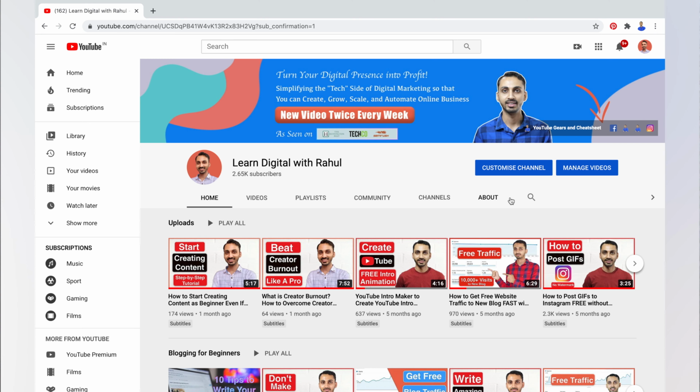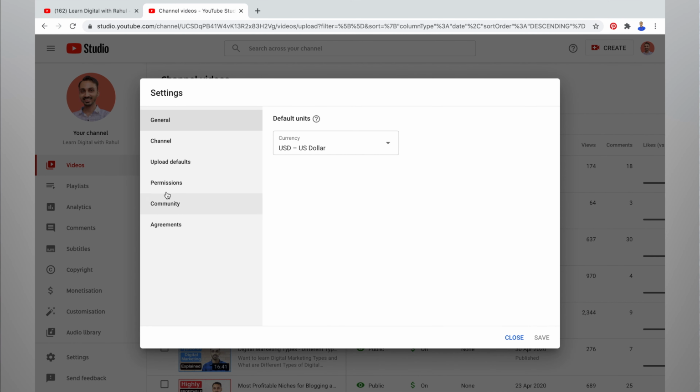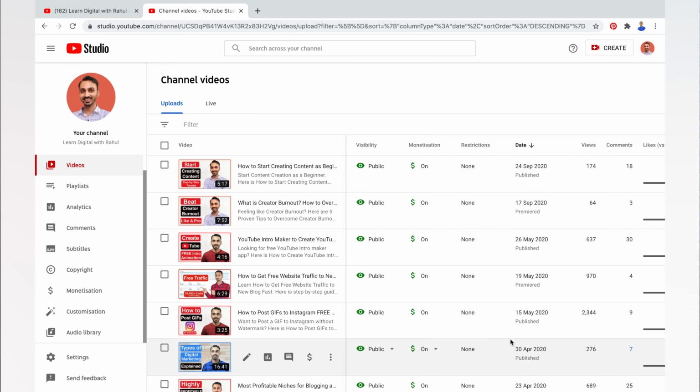First of all, open YouTube Creator Studio and from the left menu items, choose Settings. Then the channel. When you go to the channel settings, you will notice that the channel branding options that used to be here is no longer available in the new YouTube Studio. So how will you create and add a YouTube branding watermark for your channel? That's something you will learn in this video.